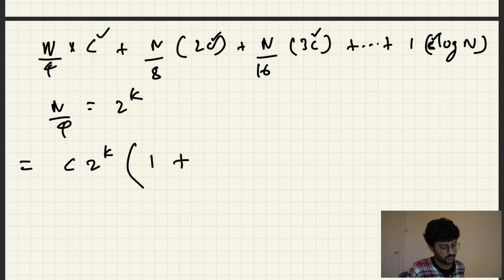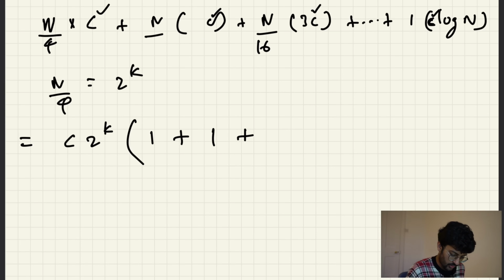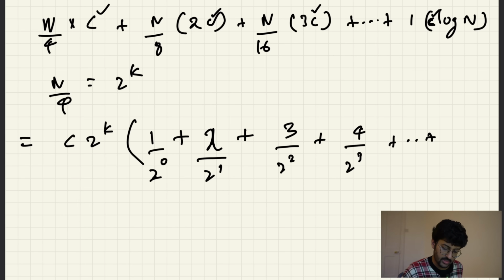This is actually also 4. This is also again 1 plus 3 common. Actually, let me not just remove it because it will make things confusing. N by 8 2. So I will just take 1 common, then I will take 2 common here, divide by, if I remove 4, 2 raised to power 1 or 2 raised to power 0 plus 3 common 2 raised to power 2 plus 4 common 2 raised to power 3 plus in the end I will say